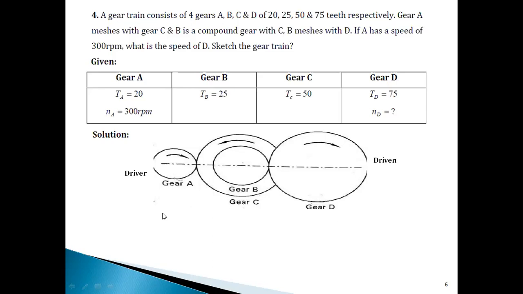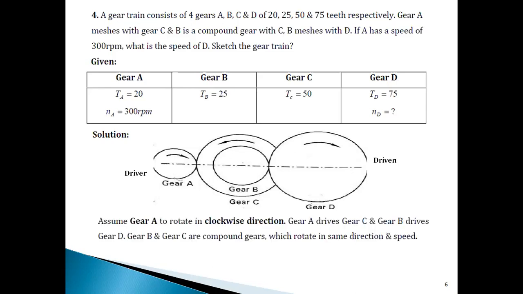Now let us write how we can find out the velocity ratio. A very important point here is that previously, for a simple gear train, we wrote the velocity ratio as the speed of the driven gear to the speed of the driver gear. The LHS is the same here, but the RHS changes. The RHS becomes the product of the number of teeth of the driver gears to the product of the number of teeth on the driven gears. It changes in this fashion.